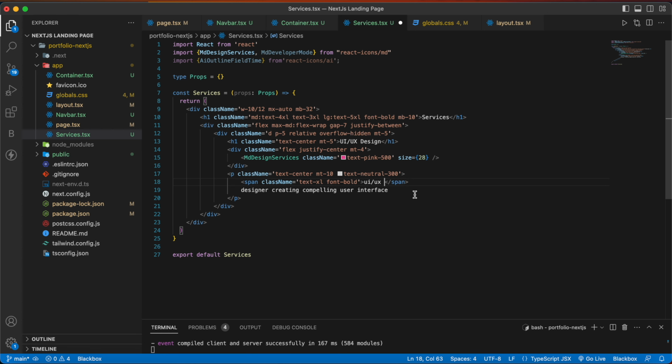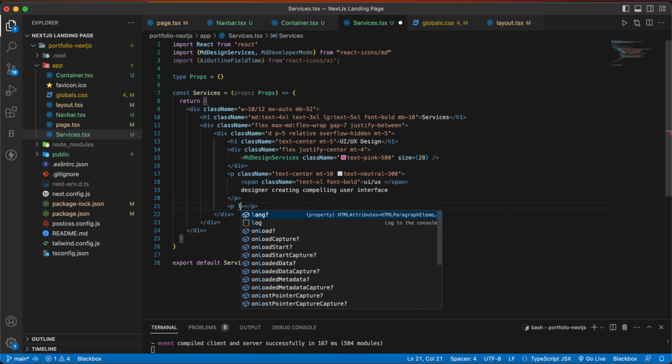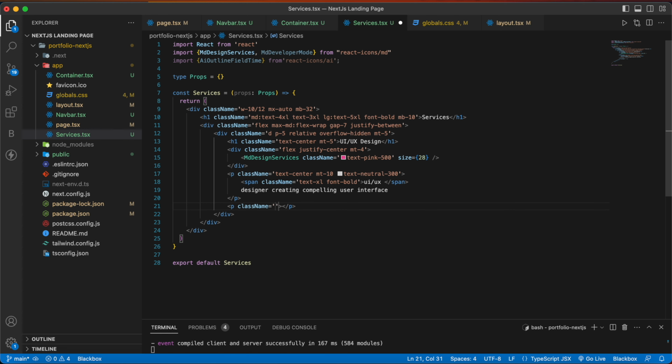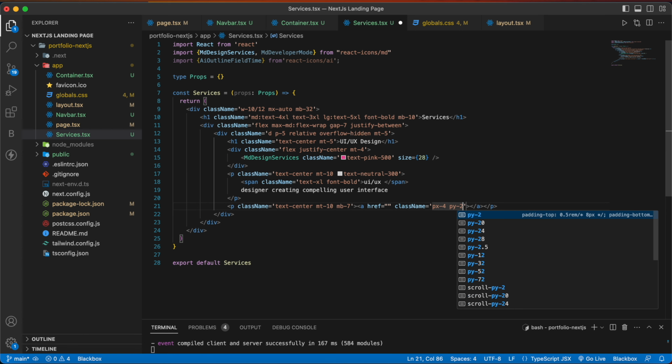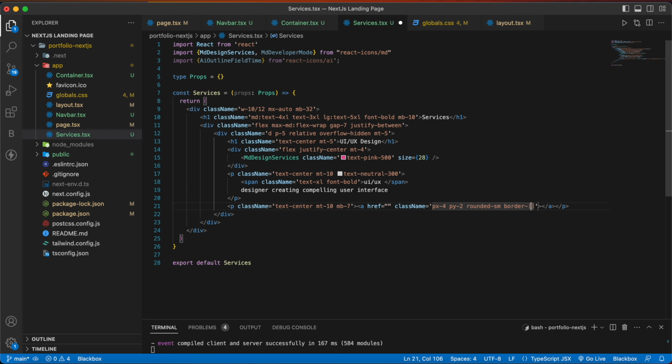Let's give a space here now, and now below this p tag we're going to have one more p tag. Let's give a class name, and again text will be center, margin top will be 10, margin bottom will be 7, and then we're going to give an anchor tag with the class name of px4, py2, rounded sm, border will be 0.5 pixel thick,